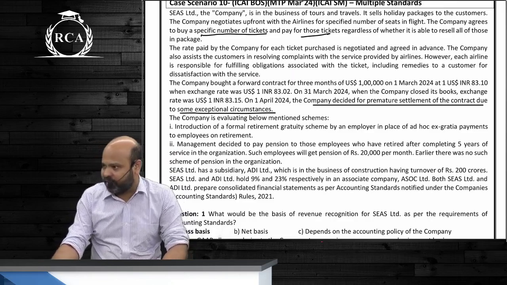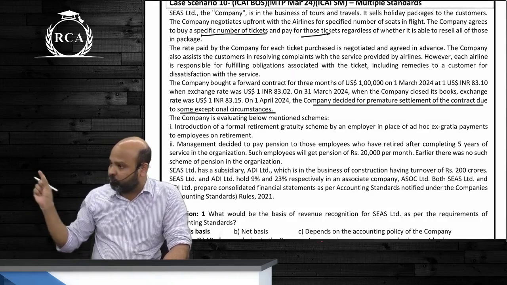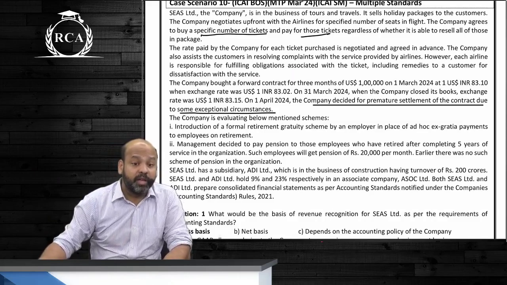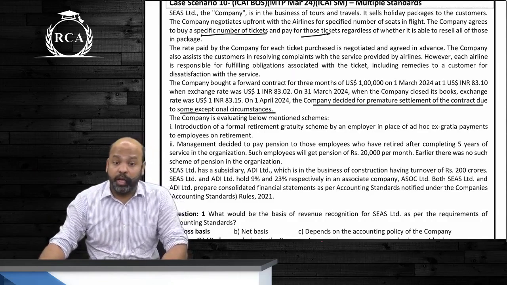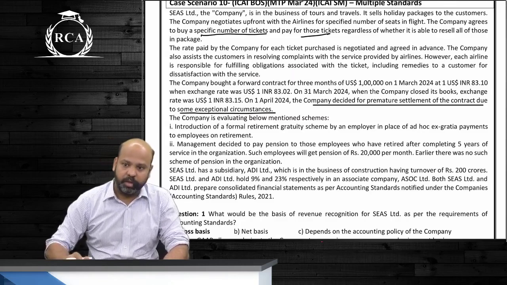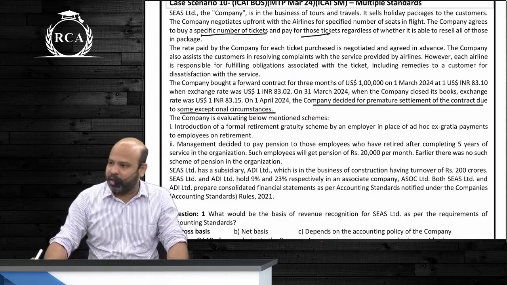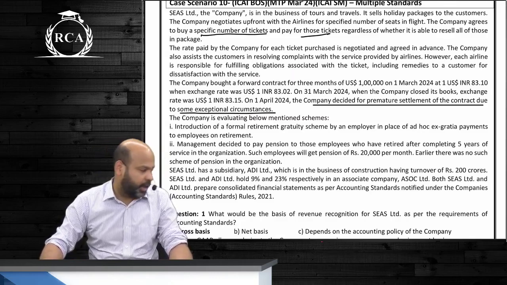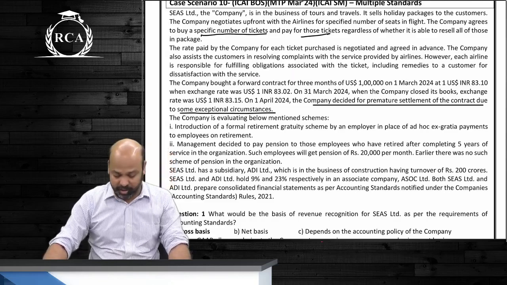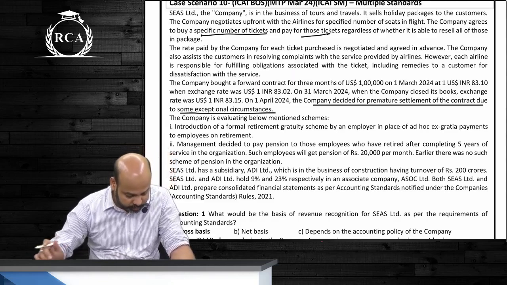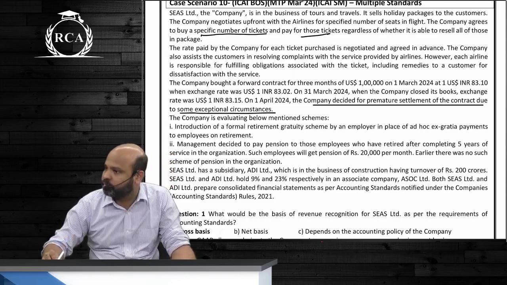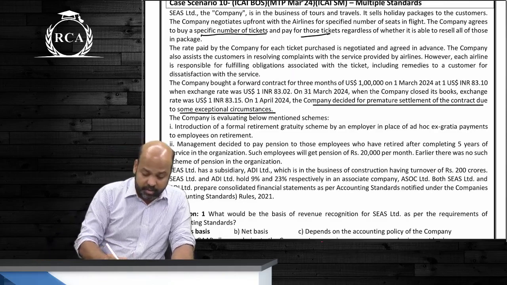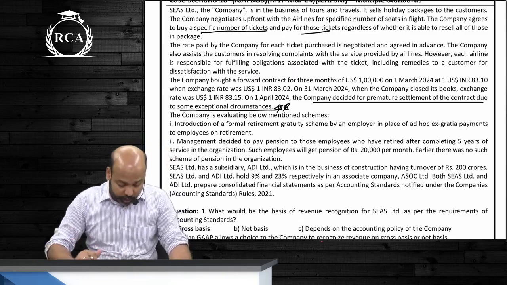They will play on such sentences, but we should know it. Understood? 'For some exceptional circumstances' is very important. There you will write: this indicates the company intended to hold it till the end, and hence it is for hedging. Are we clear, guys? Now look at the second MCQ based on this.